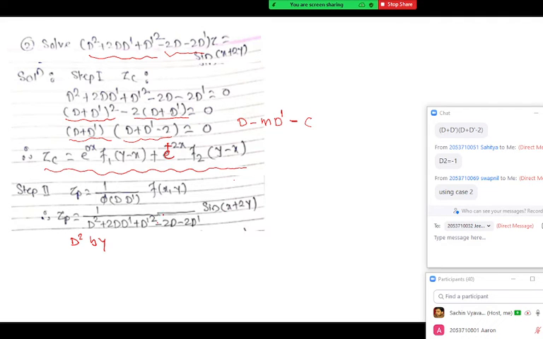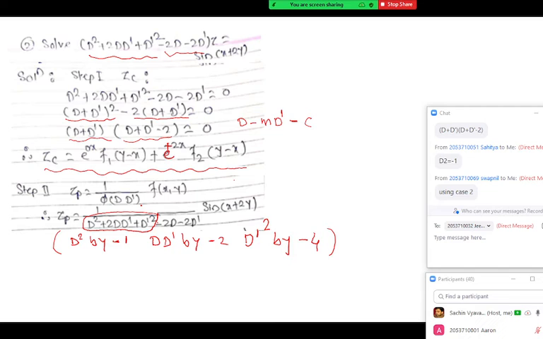So in this case, a is 1, so d square by minus 1, dd dash by minus ab, so that is minus 2, and d dash square by minus b square, that is minus 4. So these are the replacements. So first three terms we can replace there, and we get some simplified number.